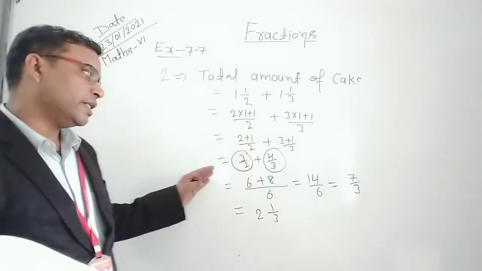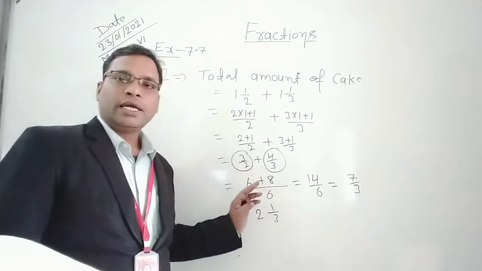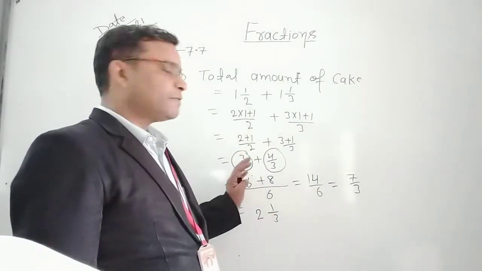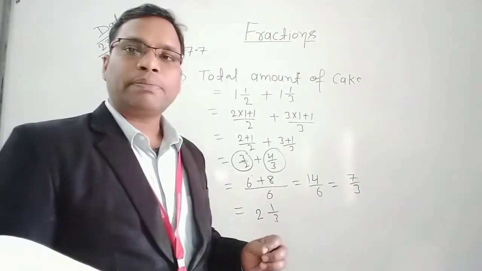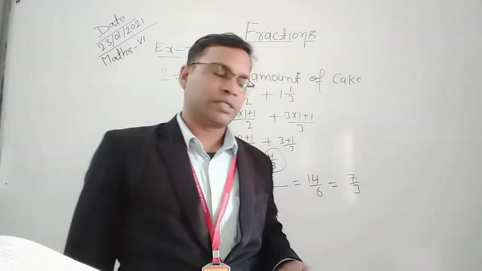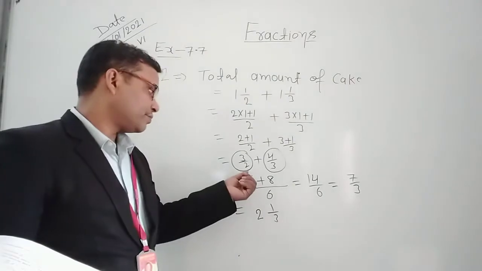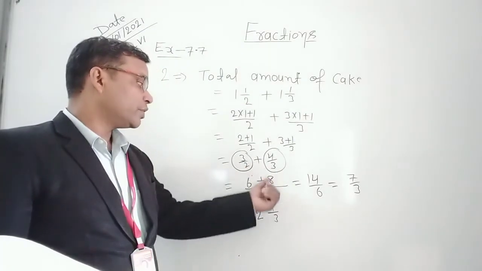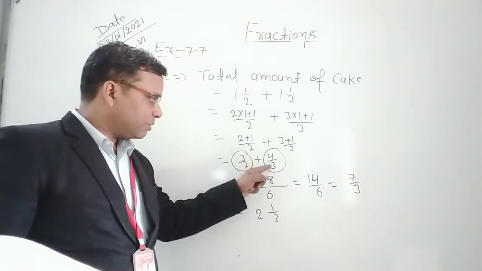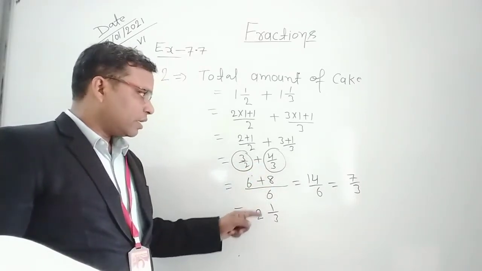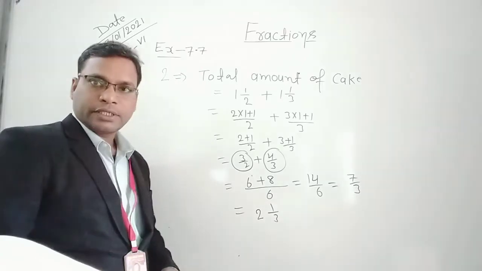After this we take their LCM, because you can see the denominators of both fractions are different and both are prime numbers. So the LCM of prime numbers is their product. So their product is what? 2 times 3 is equal to 6. Okay, and in this case we use the cross multiplication method,